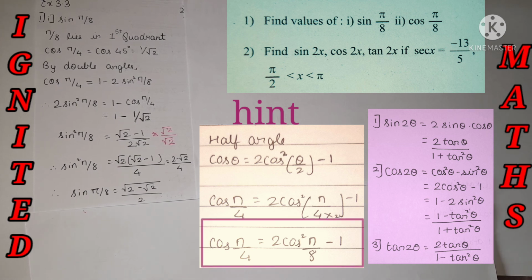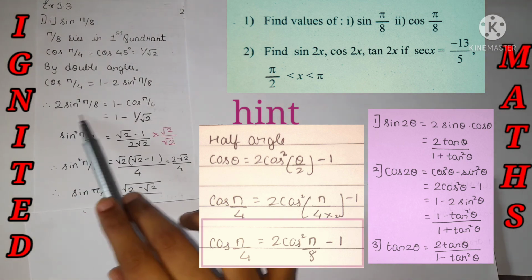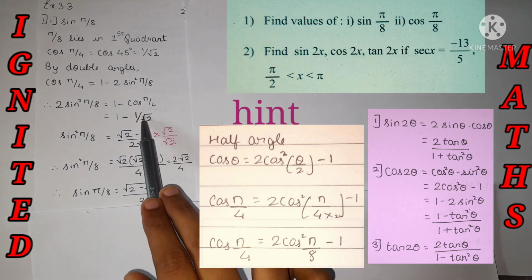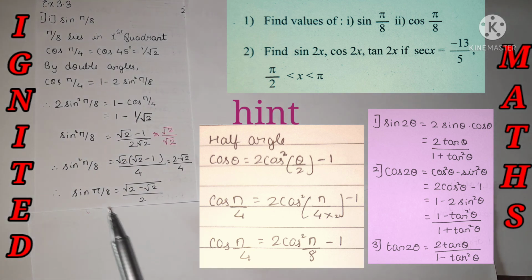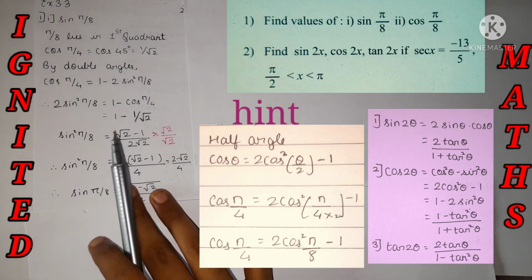by 8 minus 1. Yes, and just take the parts to the LHS and RHS as we have done over here for finding sine pi by 8. So I took one term to the LHS, all the rest of the terms to the RHS, and we calculated accordingly and got the value. So the same procedure we need to do for the second sub question. Take 2 cos square pi by 8 to the LHS and all the rest of the terms to the RHS, and proceed accordingly as we have done over here. We will get the answer.